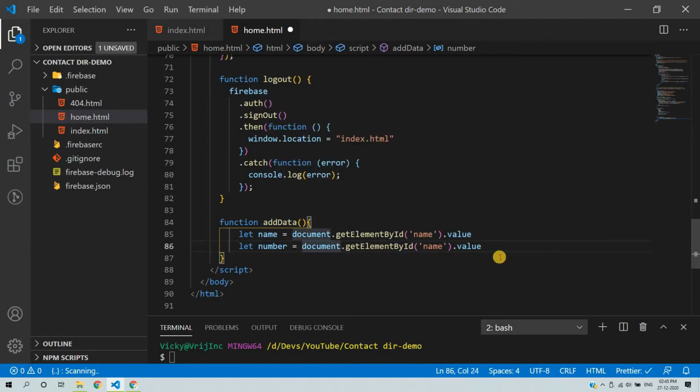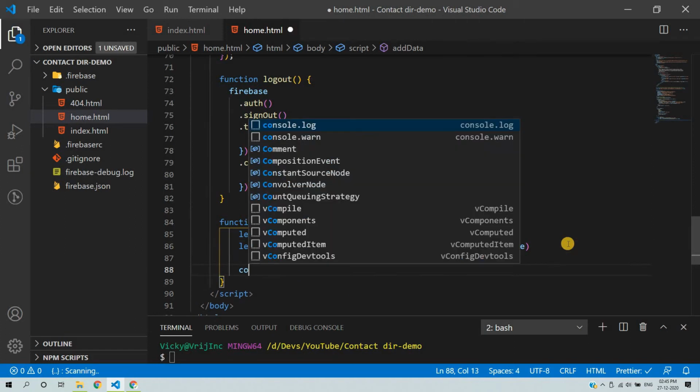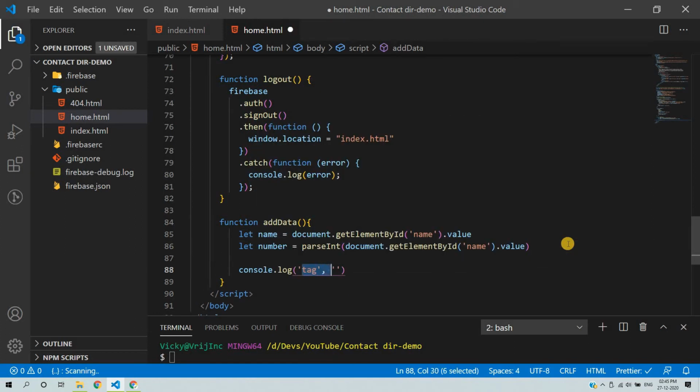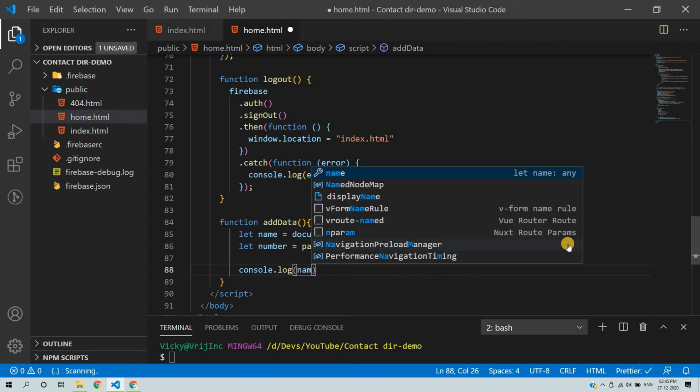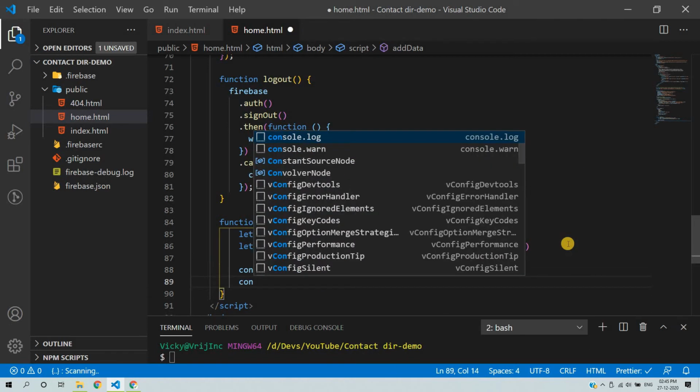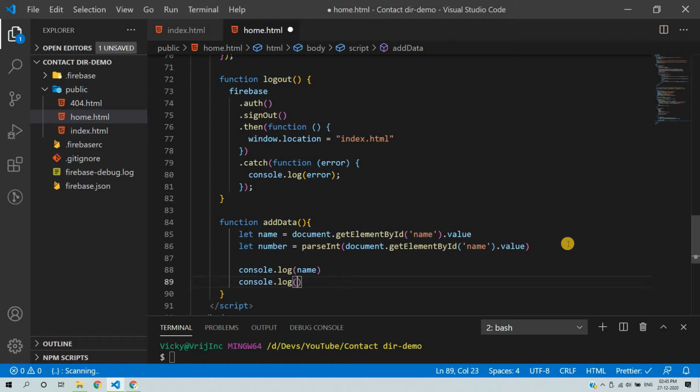and again when I get the data from the DOM element, it will be a string, but I want it as a number, so we need to convert that with the help of parseInt as a method. Okay. So we can print the data like console.log. We can print number, name, and similarly console.log we can print name or number,